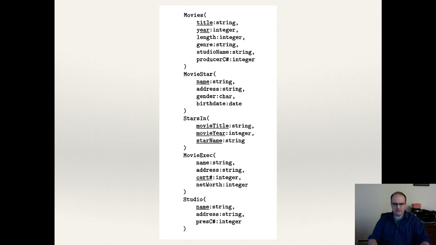Movie exec we talked about. I didn't mention net worth really, but who cares? They're worth a lot of money, I'm sure. And the studio is the last relation here. This one has a name, which is a string, an address, which is a string, and then it also has a pres C, which, let's see, what is this a reference to? This is a reference to